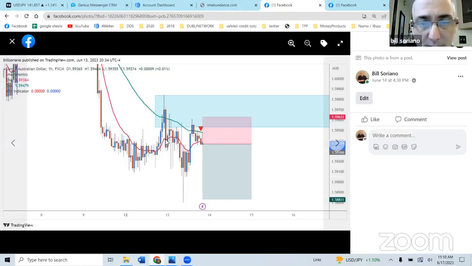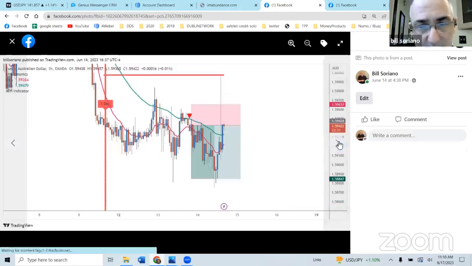Now, on this one here, you do have a break of structure here. So this is a smart money zone as well. That's how I have that highlighted here. And then on this one,